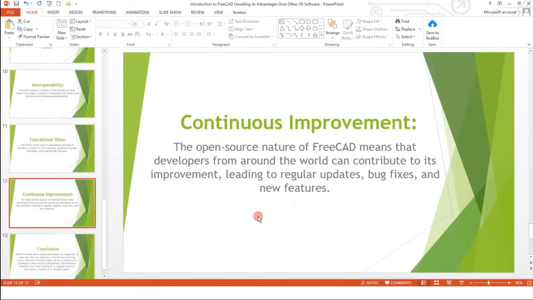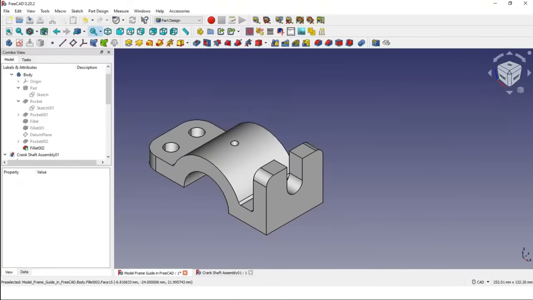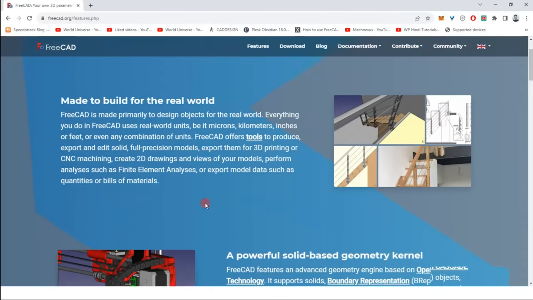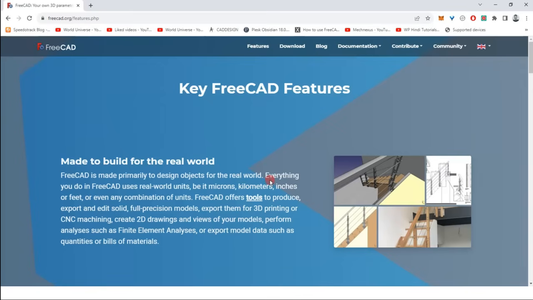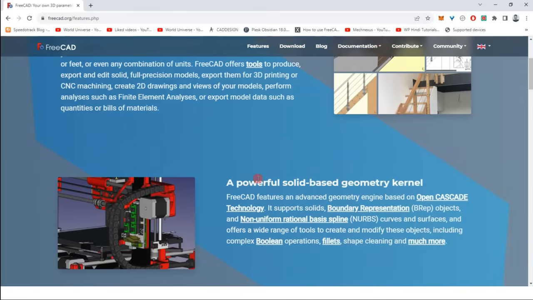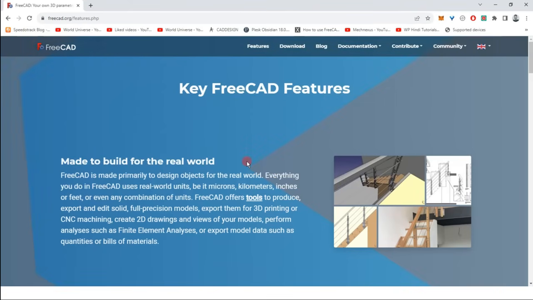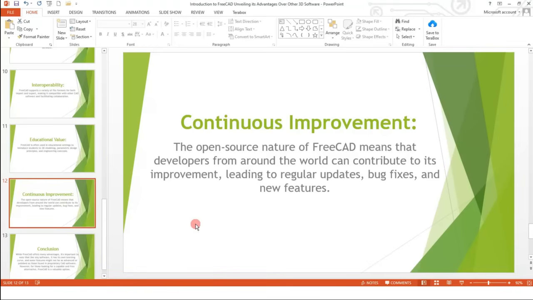Next feature of FreeCAD is continuous improvements. As you go to FreeCAD's official website, you can find that FreeCAD has a long history of development. It is not a software which was just invented 2 to 3 years back. It is a very long history. You can go to the official website of FreeCAD and the Wikipedia page, and you can study more about the FreeCAD history. FreeCAD is improving day by day,